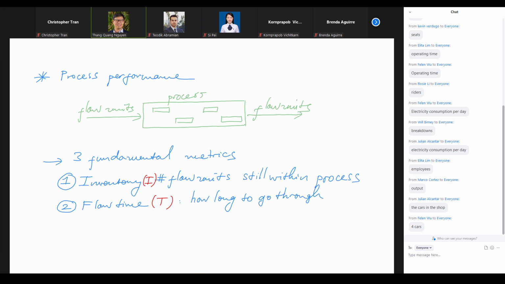The third metric is called the flow rate. And that should be the R, the rate. So the rate tells us how many units going through per time unit, or we can call it as the volume going through per time unit,